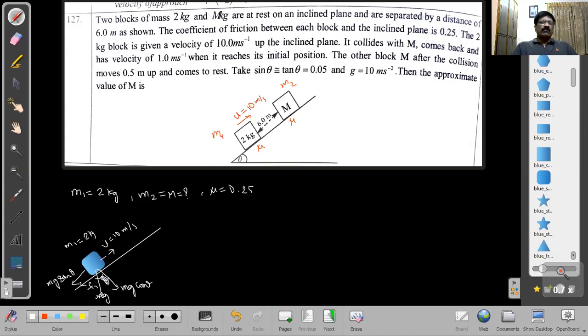So totally, whenever the block M1 moves upwards, mg sin theta and F1 both act on the block in the downward direction. The sum of these two, friction and weight component, acts as the retarding force for the block M1. Then what is the retardation? So here, in case of the first block, for M1,